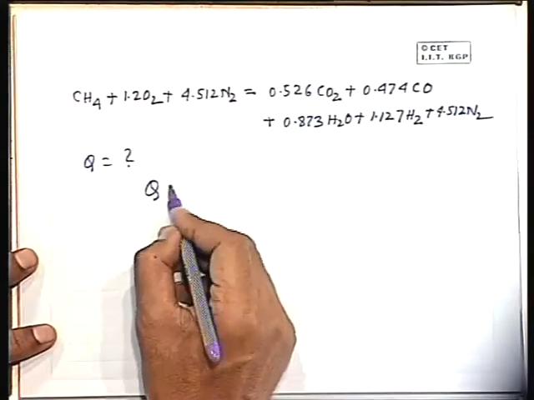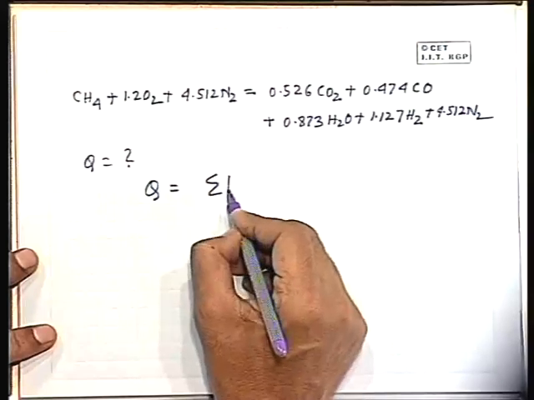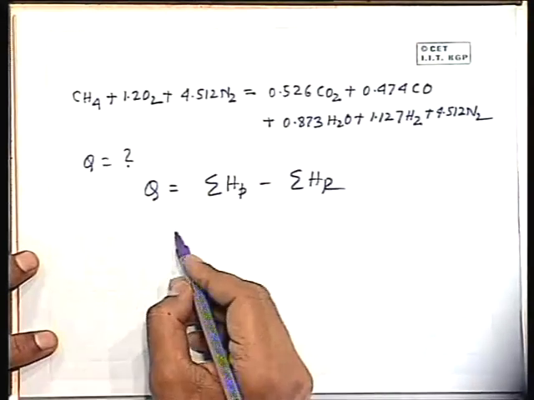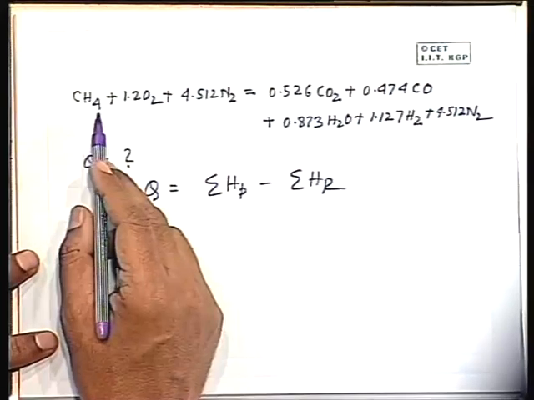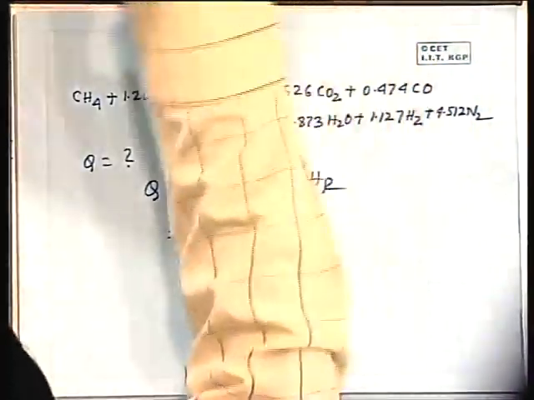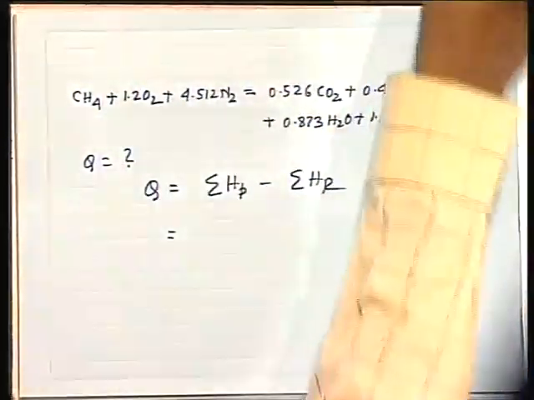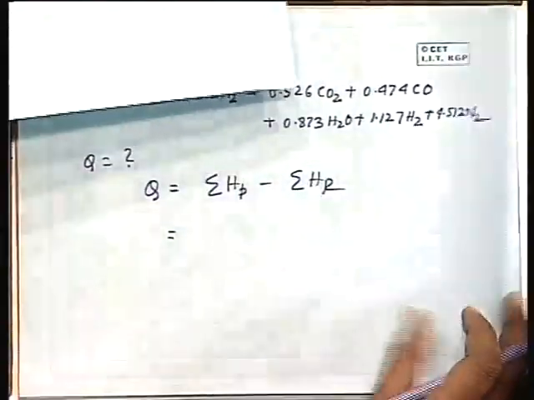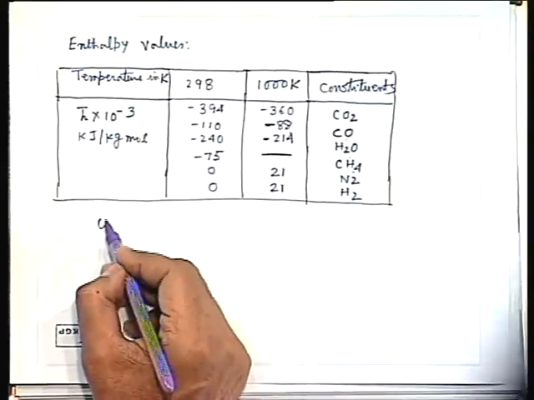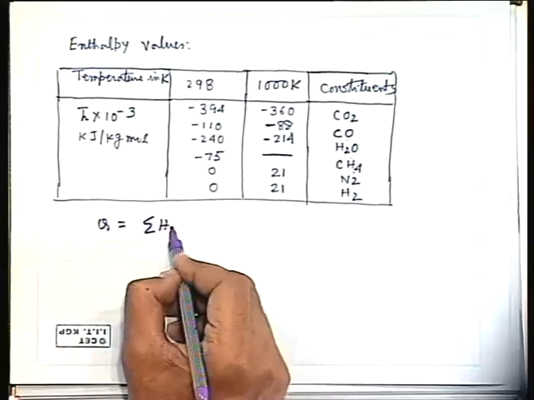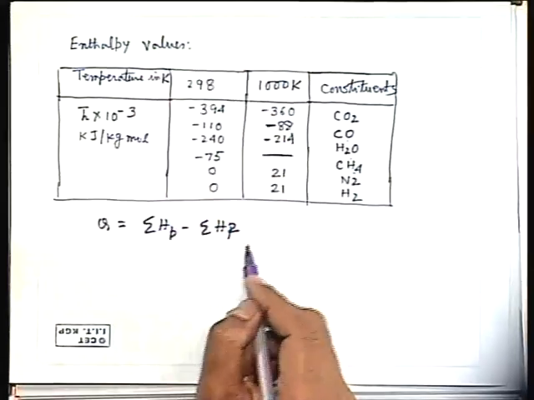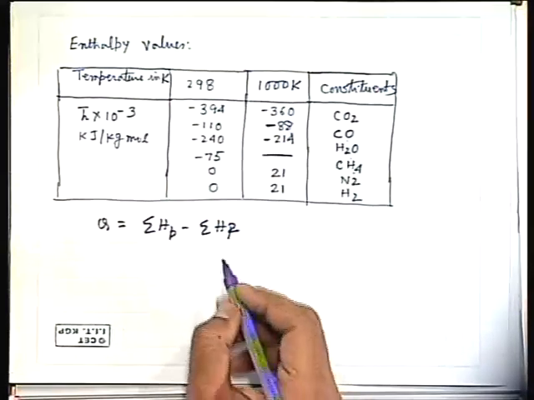Q is simply sigma HP minus sigma HR. Sigma HP is what? Now you require this, where is that? Table. Simply you find the values. Now I write Q is equal to sigma HP minus sigma HR. Now you see your note that sigma HP is 0.526